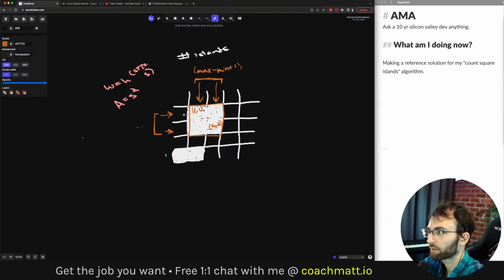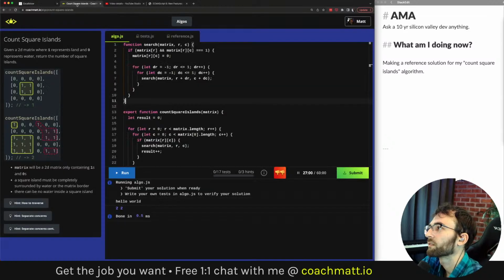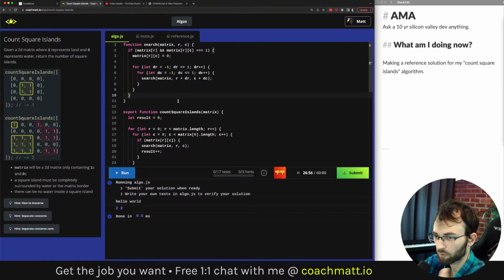You can make sure the width and the height are equal. And then with that, you also know exactly how many cells there should be. And there's only one way for there to be that many cells, and that's if the entire square is full. So I think that's a really clean way to adapt this number of islands solution to work with finding the number of square islands. If there's any confusion about that, please let me know. Also happy to answer questions that are not about this specifically.